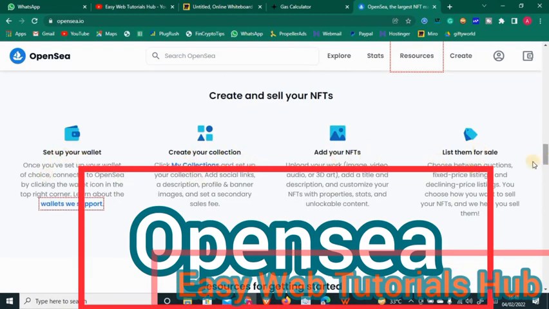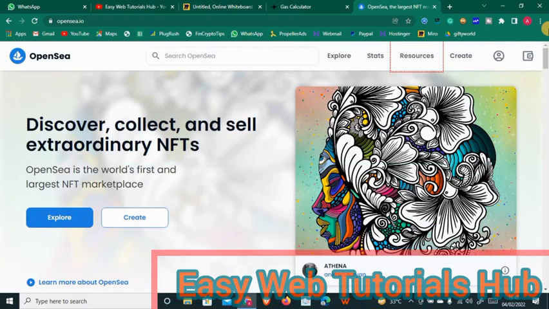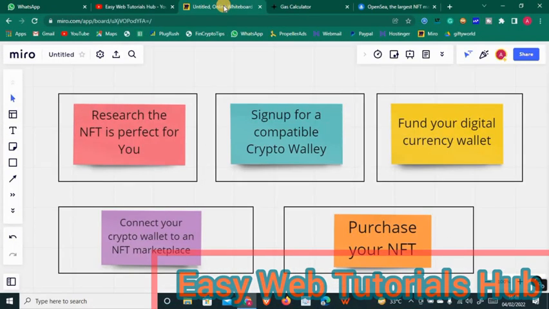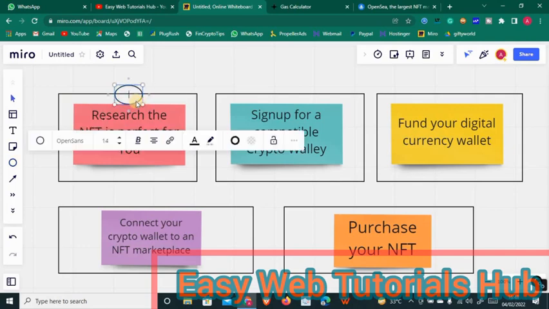What you should look into is to learn how to invest in NFTs in 5 simple steps. So here are the steps. The first step is the research, for you to research the NFT that is perfect for you. The second one is for you to sign up for